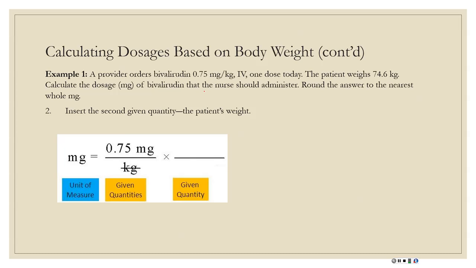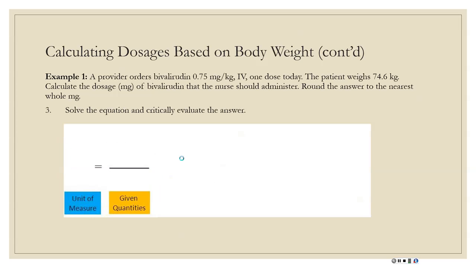So when we look at the next step, we have our problem set up, we know what we were looking for, and we started out our problem with the numerator being what we're looking for. That was married to kilograms in the problem. Next, we need to look and find another given quantity. And so when we look at our labels here, we have kilogram at the bottom, and we want to get rid of kilogram because we're only looking for milligrams. So we then know that kilograms needs to be the numerator of that next equation. Then we're going to just look up at our problem and see what is left with kilograms. And we can see that the client's weight given is in